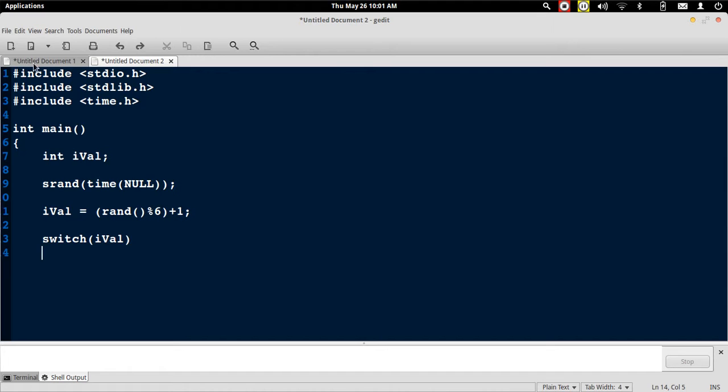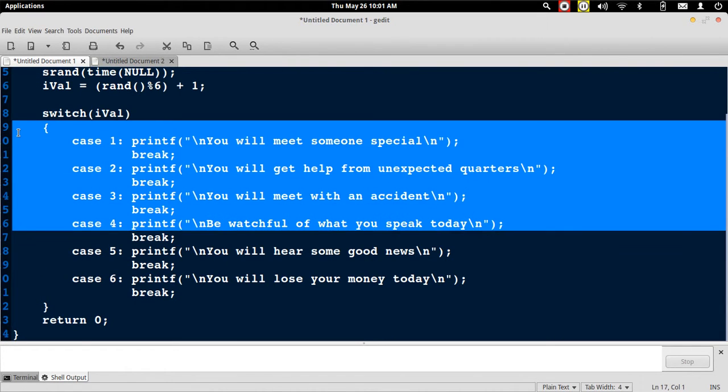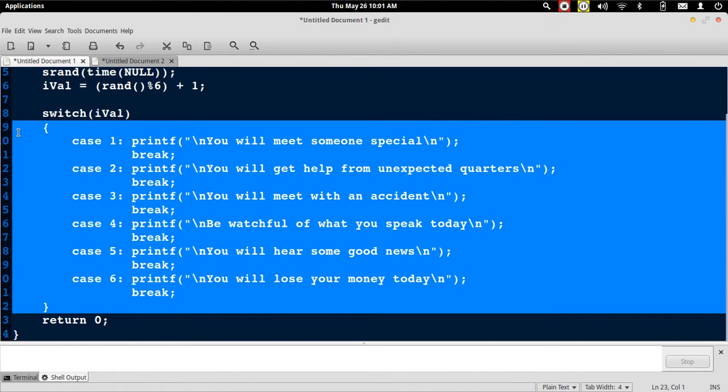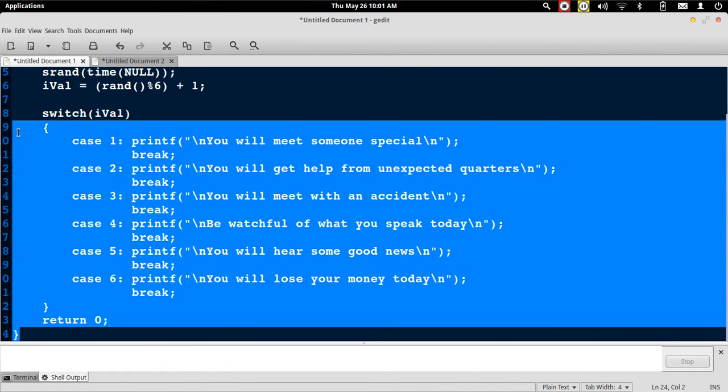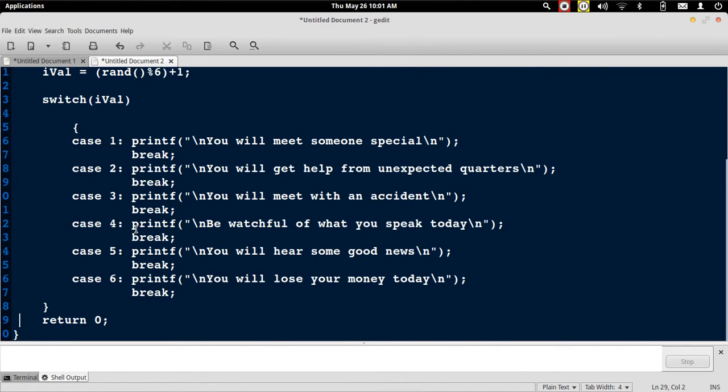So I had coded the case statements earlier, I'll just copy them. So as you can see here, there are several case statements, each having an appropriate message followed by a break.